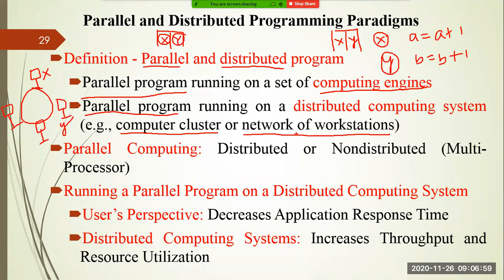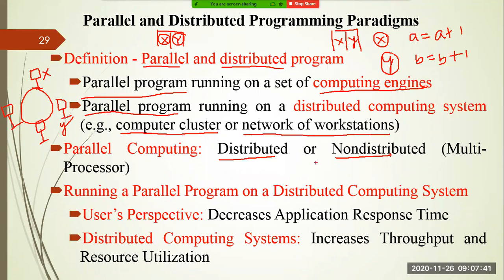Now, if you go for parallel computing, this parallel computing may use either the distributed one or the non-distributed computing system, such as a multiprocessor system. In a distributed system also you can achieve the parallelism, right? It is not necessary that the parallel system and distributed systems are completely different. The thing is that parallel systems are close to each other. They may be present in a single location, just like the supercomputer case. In a distributed system, the computing engines are not located in a single place. So both have their own advantages and disadvantages.